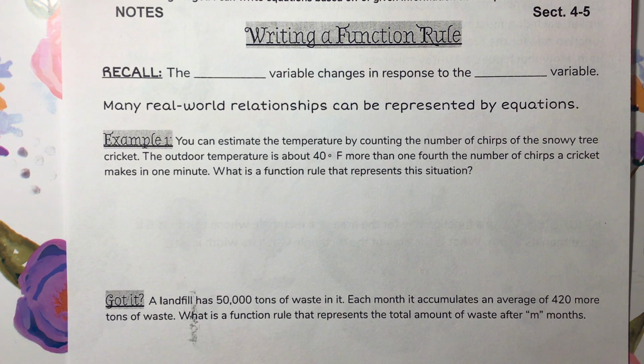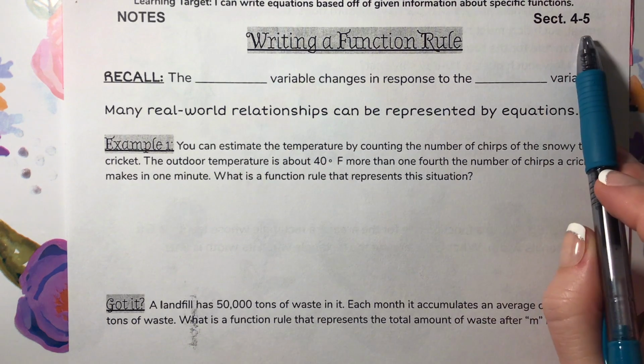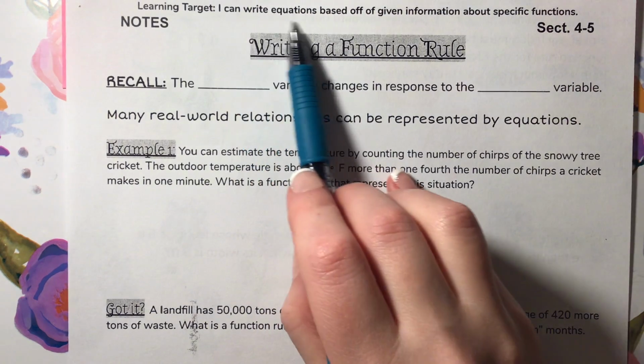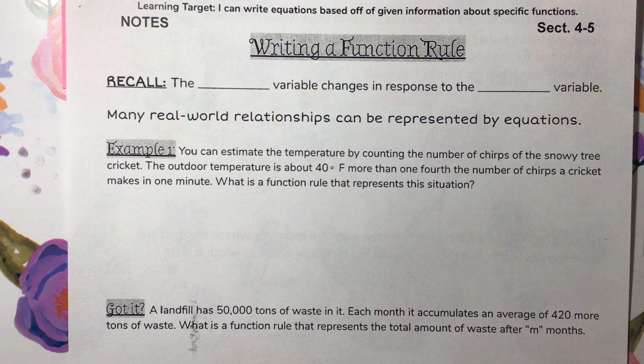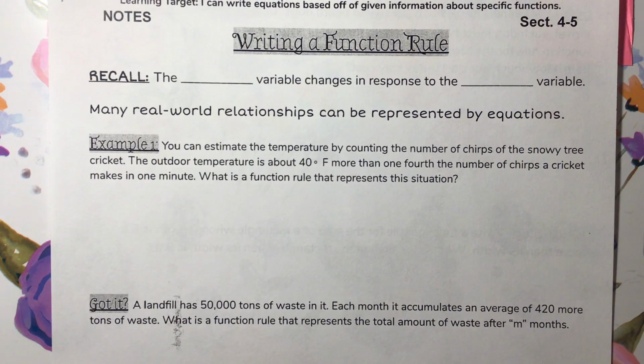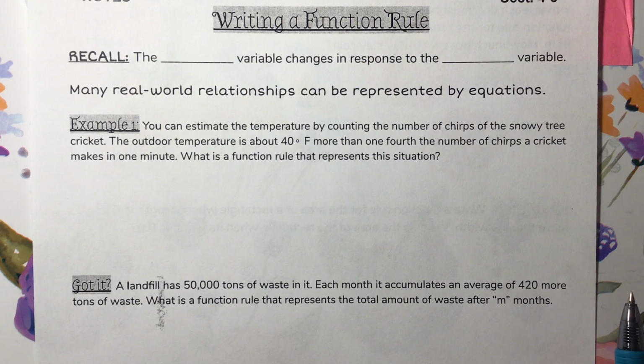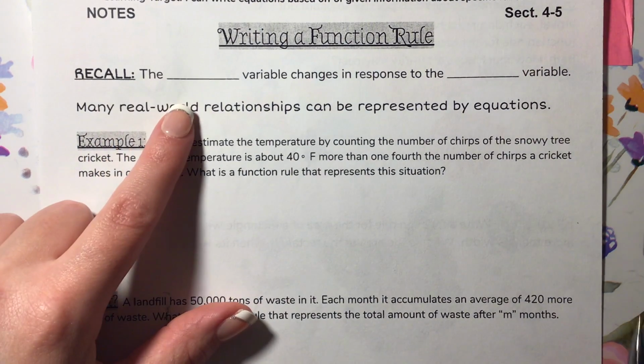So we are still in chapter 4. We are in section 4-5 and we're still continuing in this concept of comparing quantities and making sense of them and how they relate to each other. So today we're going to be talking about how to write a function rule, which is basically an equation that is going to relate two variables. So what I'd like for you to be able to do is to write equations based off of given information about specific functions. That's what I would love for you to be able to do by the end of the notes today. Alrighty, so first I would like for you to recall that the